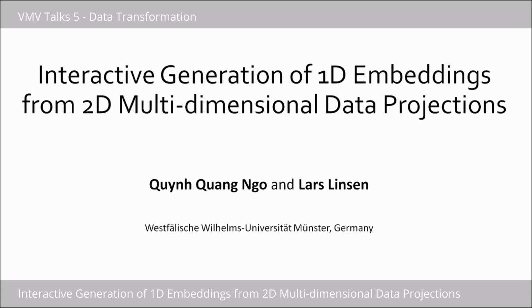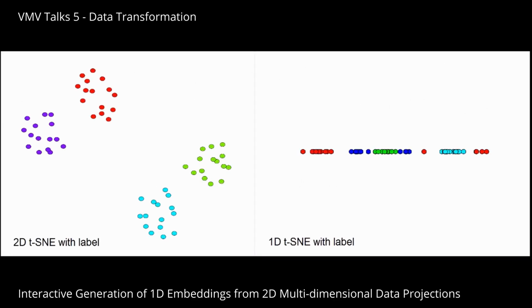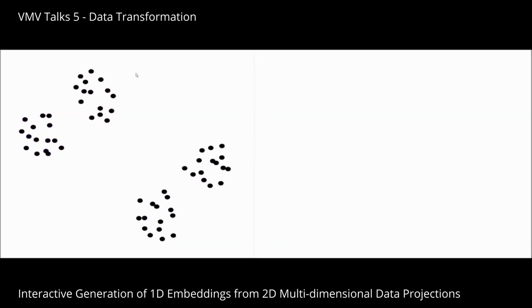Even though high-dimensional reduction techniques can have good performance in 2D embeddings as seen in the left screen, the 1D embeddings often exhibit a much lower quality for pattern recognition tasks as shown in the right screen. We propose to overcome the issues by involving the user to take advantage of their experiences and expertise in pattern